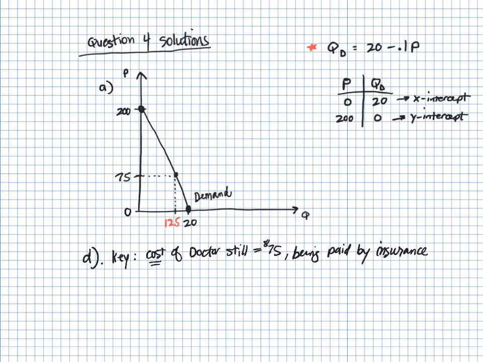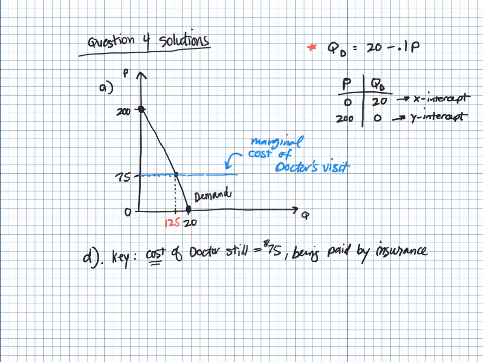Right, so what we can do if we want to look at this graphically is I think it might help to extend this horizontal line at $75, right? And so this is our marginal cost of a doctor's visit. Okay? There's going to be a moral hazard cost imposed on society if the cost of Bob's doctor trips exceed the